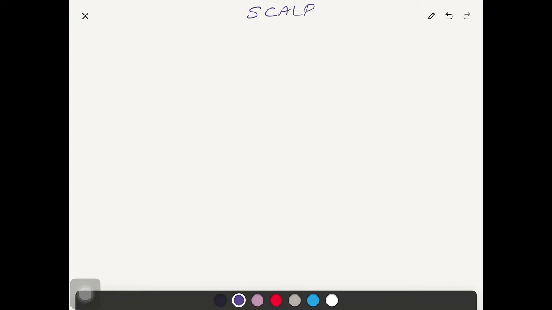Today's class is the continuation of the scalp class. We have seen previously the layers of the scalp. Those who have not seen the layers of the scalp, watch that video first. Today's class we will cover the nerve supply and the blood supply of the scalp. The layers of the scalp, 5 letters: skin, dense connective tissue, epicranial aponeurosis and the muscle, loose areolar tissue and the pericranium.